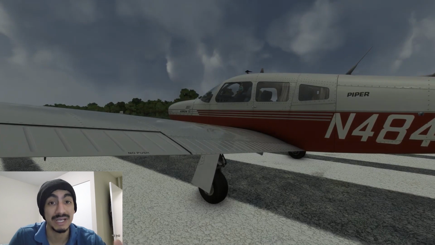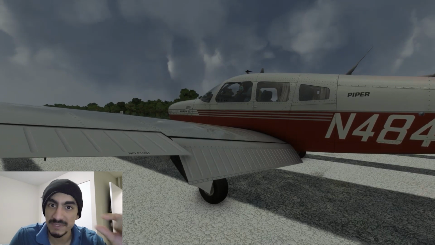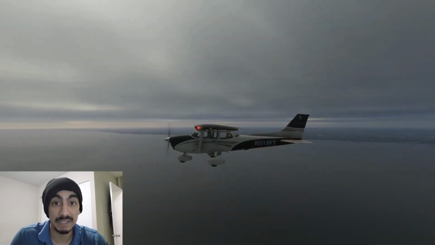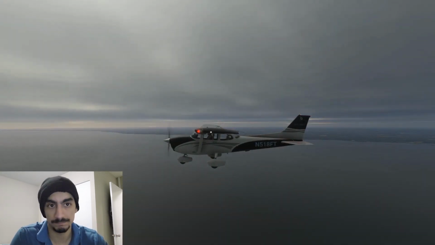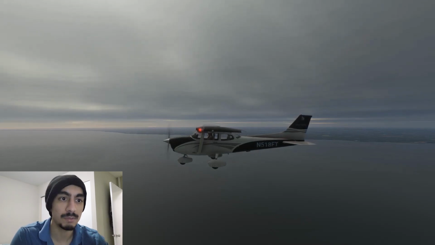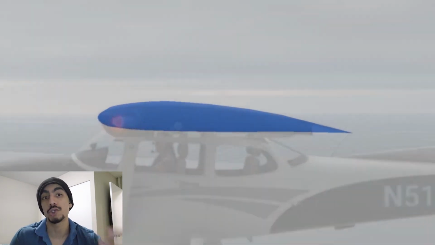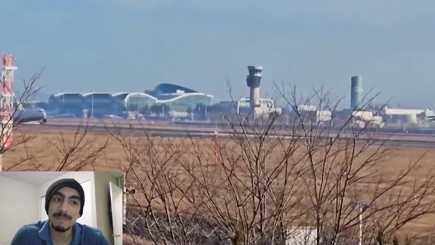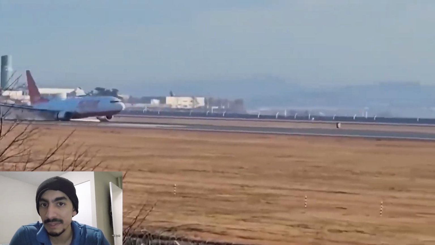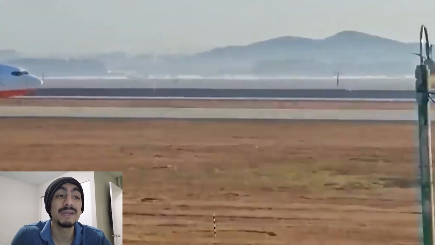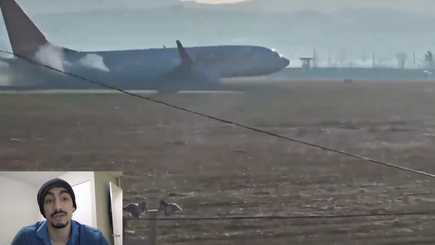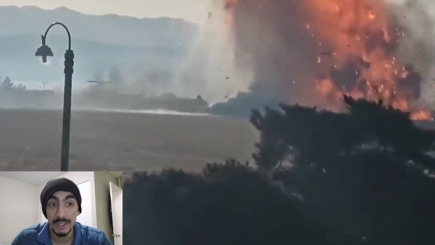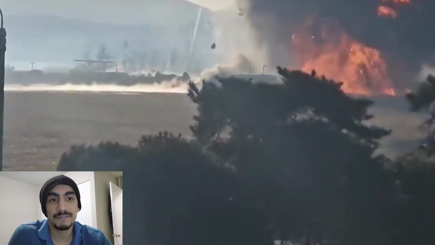They are usually extended progressively, first with a small flap setting, and then a little bit more, and then finally a full landing configuration, given that the runway is long enough. That keeps the plane nice and stable, and it gives the pilots better control at slower speeds. Now in a situation like the Jeju Air crash, if the flaps weren't fully deployed, or if they couldn't be deployed for whatever reason, then the airplane would be coming in faster and would be harder to handle on the runway, which is what we see happen here. You see, we're talking about a bigger risk of overrunning the runway or losing control if something else goes wrong.